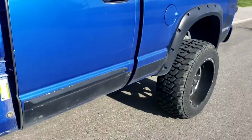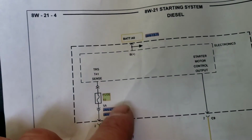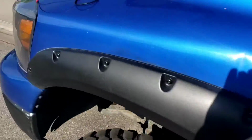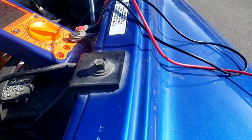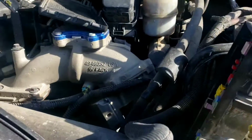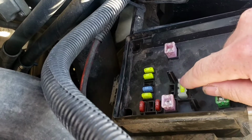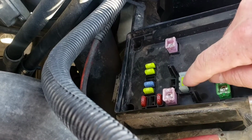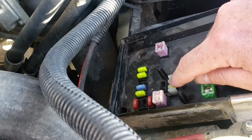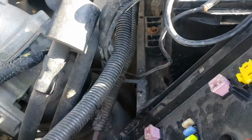But what I did notice is it says fuse 10, 5 amp. Well, if you look on this lid, let me pull this probe out. It should be this fuse circuit right here. Well, there's no fuse in there. This is the old TIPM, and the new TIPM has no fuse in there either, even though the diagram shows that. Well, if you look at the schematics,